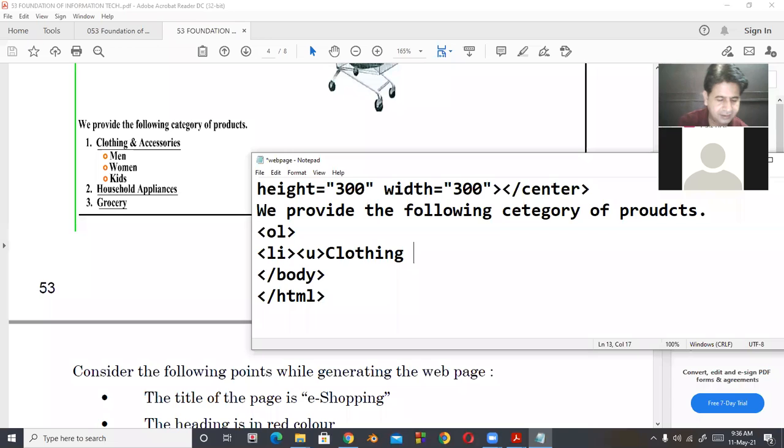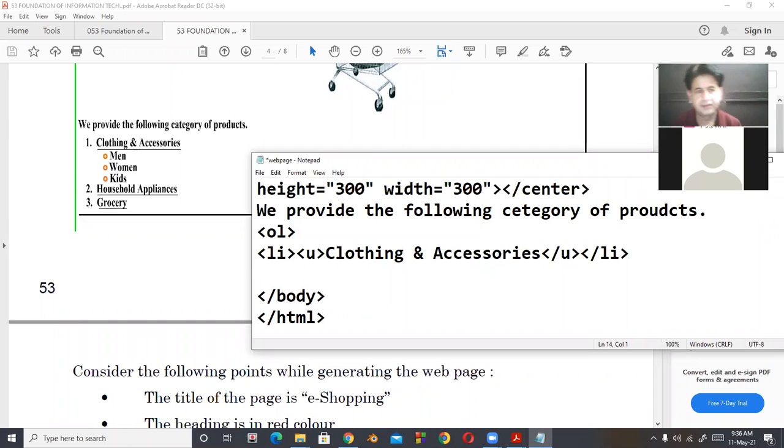Clothing and accessories. Underline close. Then LI close.